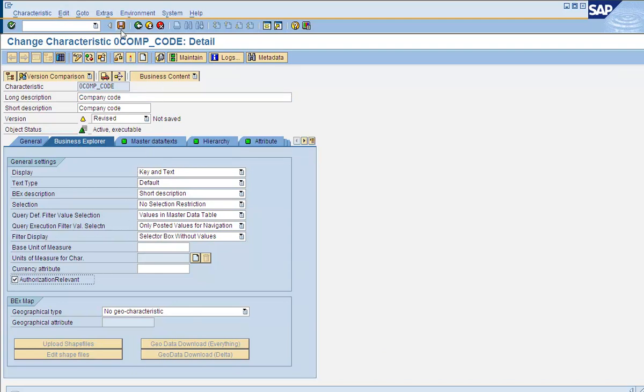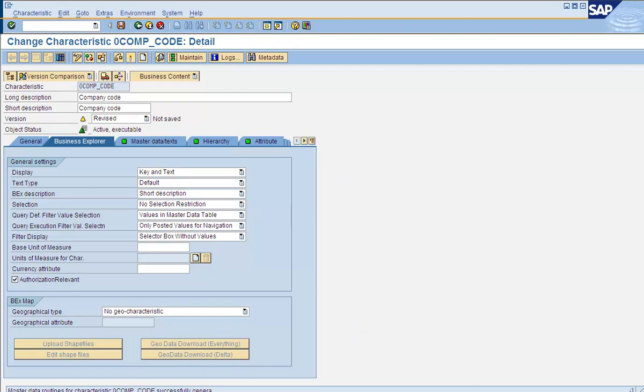Mark it as authorization relevant, and then click on activate. It's going to activate all the dictionary objects related to this info object. So this is completely done.